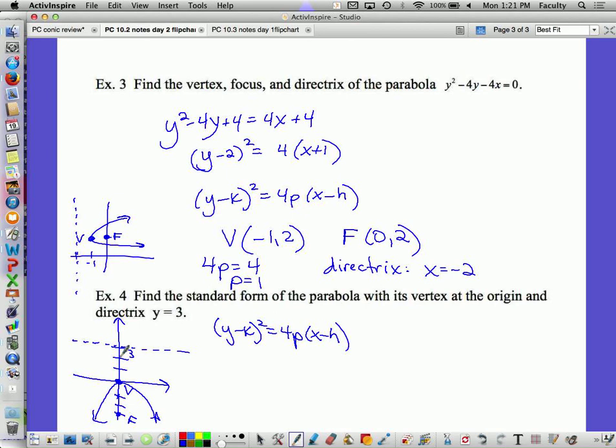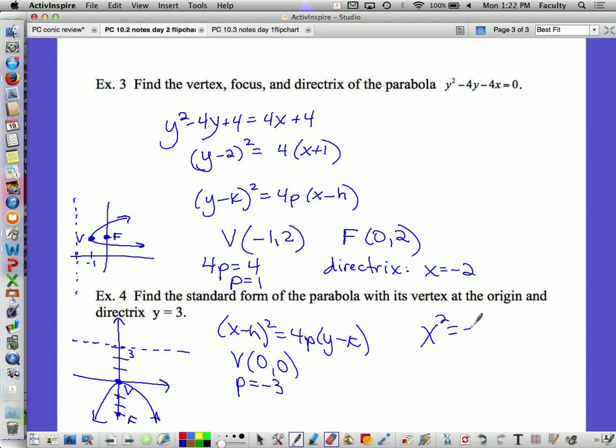Yeah, oh, sorry, thank you. Let me fix that, because it opens down. Okay, (x - h)² = 4p(y - k). Thank you very much. So the vertex is (0, 0). Because it opens down, p is -3. So this is x² = -12 times